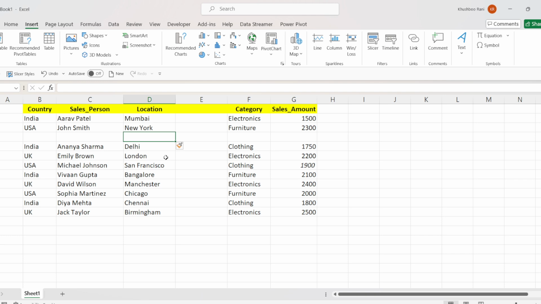and in this method we don't have to select any row and column, we have to just select